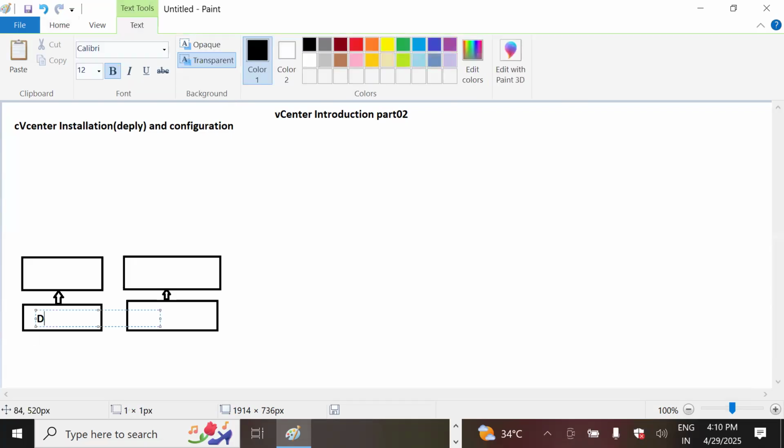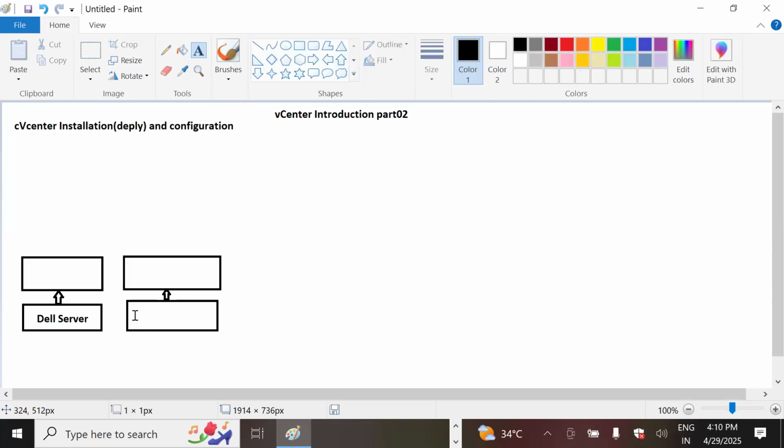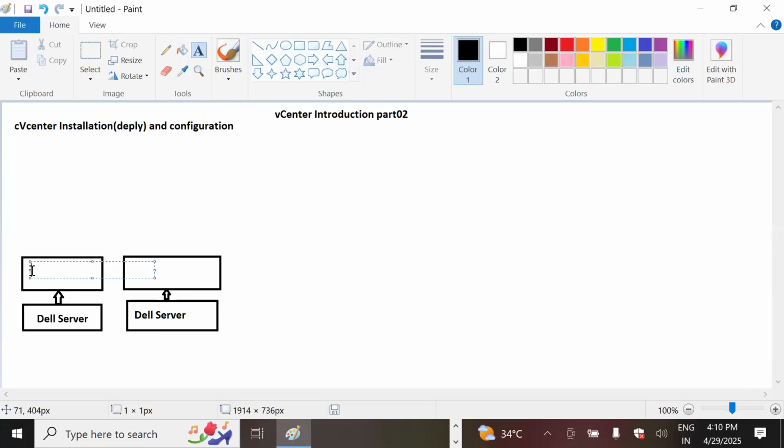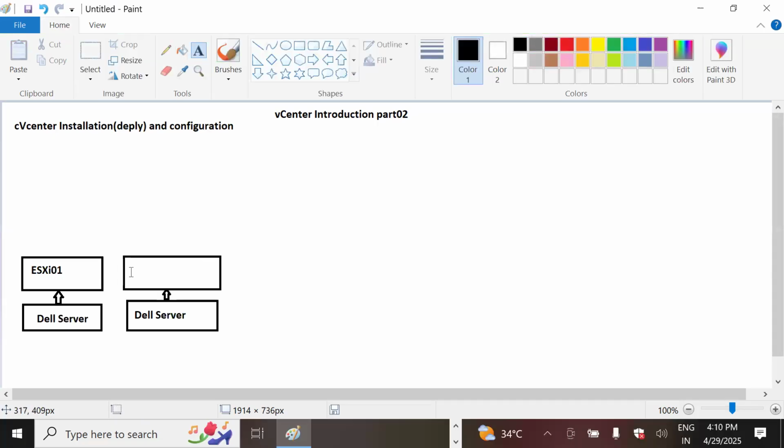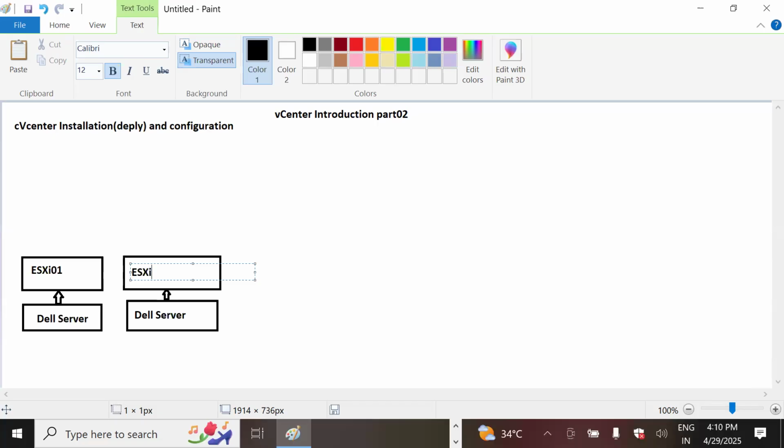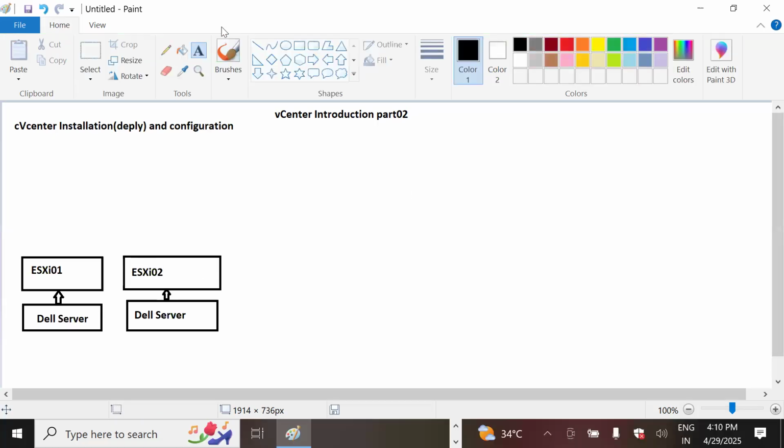This is the server, and this is another Dell server. On top of that, we have installed ESXi 1 and another ESXi. Here we just used our computer to access this environment, and here we run